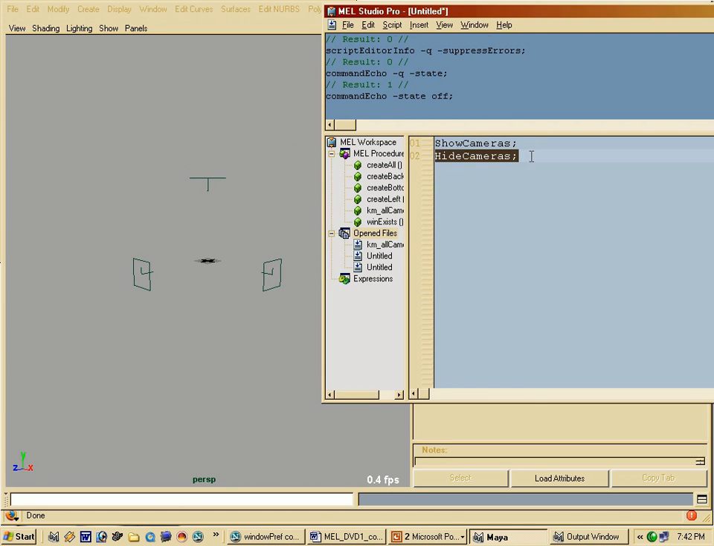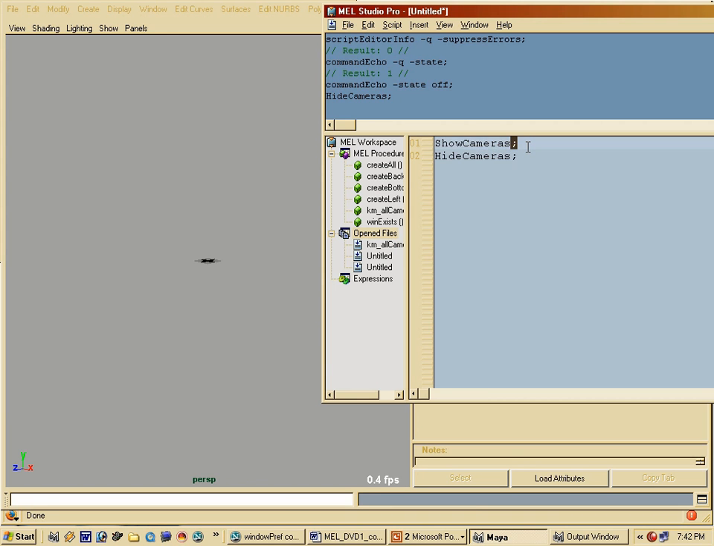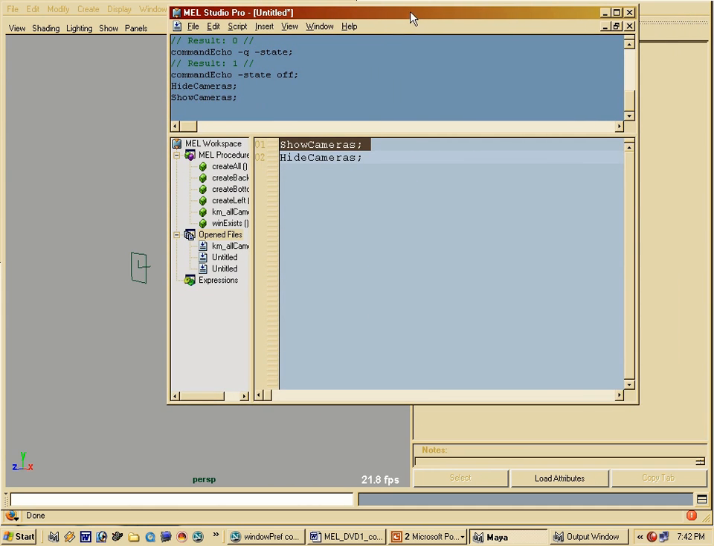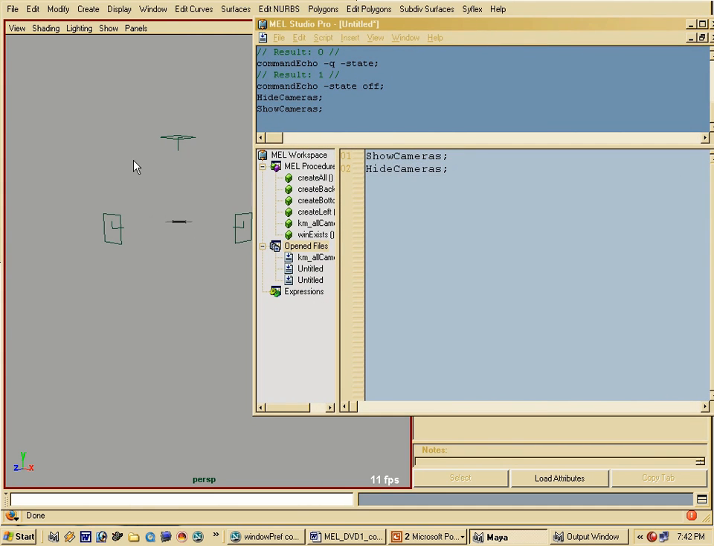So let's say hide cameras. Ta-da! That seems to be working. Show cameras. There you go. So that works. Now, this is a procedure for how you can hack stuff like that. I will show you in the next DVD. But just again to show you that